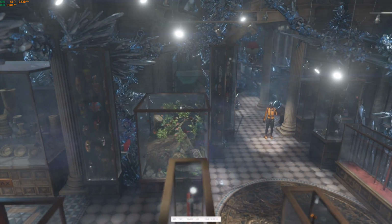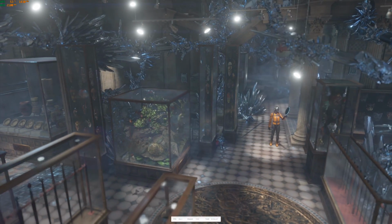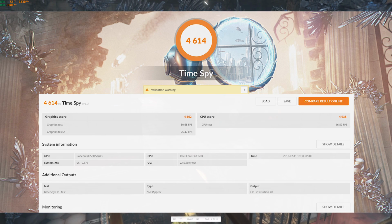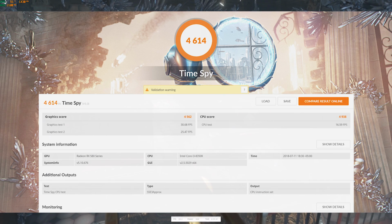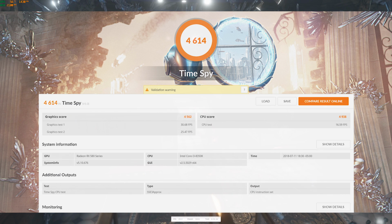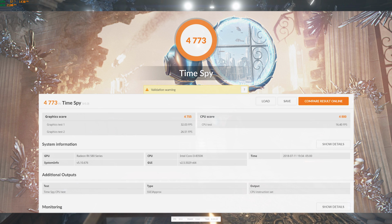What I did use this opportunity to do was to test some stuff that I hadn't tested before, so let's get into some benchmarks. First of all, we have Time Spy, and at the stock clock, we had a score of 4,562. I definitely recommend overclocking because with the overclock, we did bump up a couple hundred points in Time Spy, up to